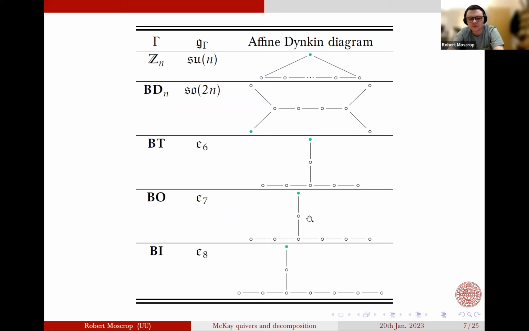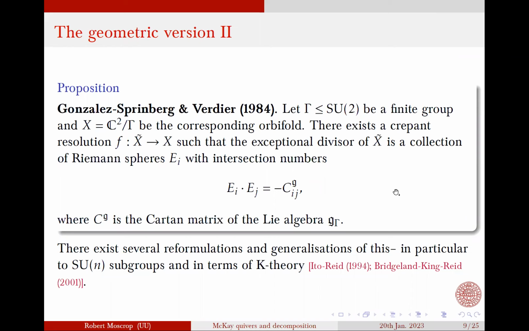So I ask, of course, presumably there are many different resolutions. Are these resolutions minimal or unique in some sense? Yes, so in this sense, this one is the minimal resolution of C2 mod Gamma. And I think for crepant resolutions, these ones are unique. In C3 mod Gamma, the crepant resolutions, I think, are related by flops. But then if you did C4 mod Gamma, there could be many different crepant resolutions. So in this case, I believe it's unique. Yeah, so for two-folds, there are no flops, there's no choice possible.